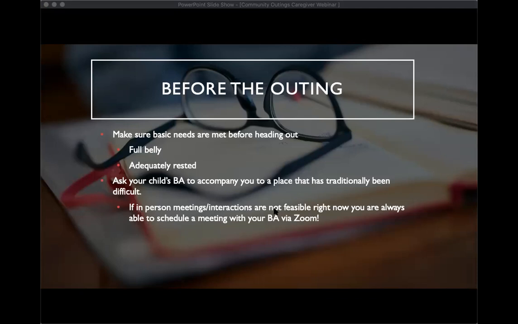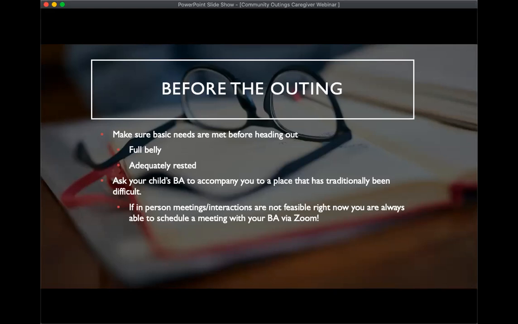So you can also ask your child's behavior analyst to accompany you to a place that has traditionally been difficult. So, for some of you who have not started services yet, that may be your interim care behavior analyst, or that could be the ACL at your center.